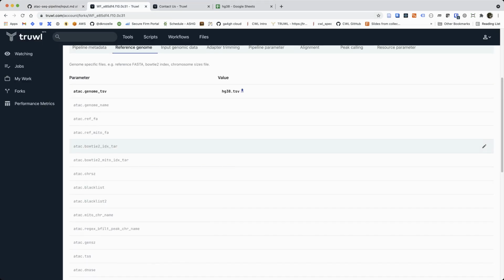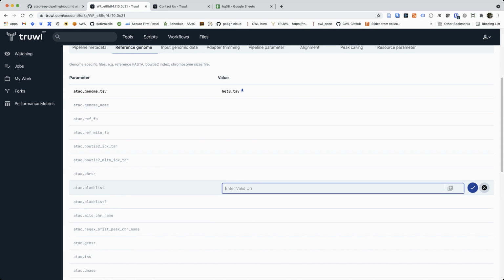So it's usually easiest just to specify a TSV file if it's available. You can still fill in these values if you want, and anything that you enter here will override what's in the TSV file. So say if I wanted to give a different blacklist, which is a bed file of regions that will be filtered out, I could provide that here, and it would take precedence over whatever was provided